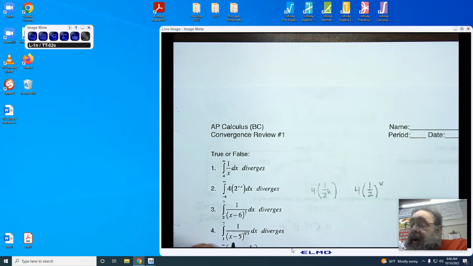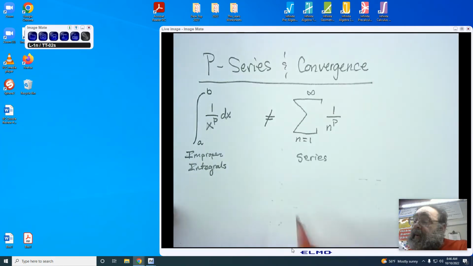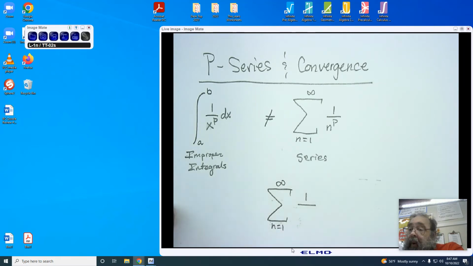And you'll notice we're talking about it in terms of the power and approaching the asymptote or approaching infinity. That is not the case when we are talking about a p-series. For example, the p-series can only go to infinity. This is because we're dealing with a series. So we're never going to have that situation where we approach our asymptote.